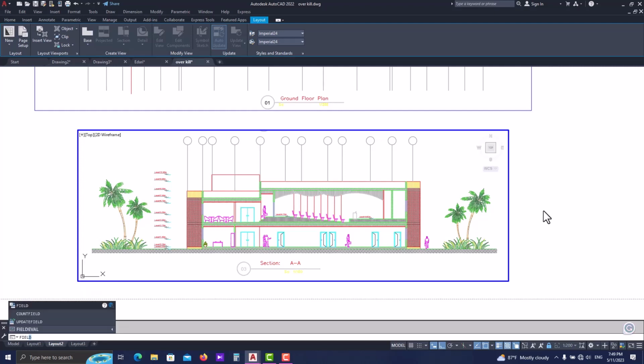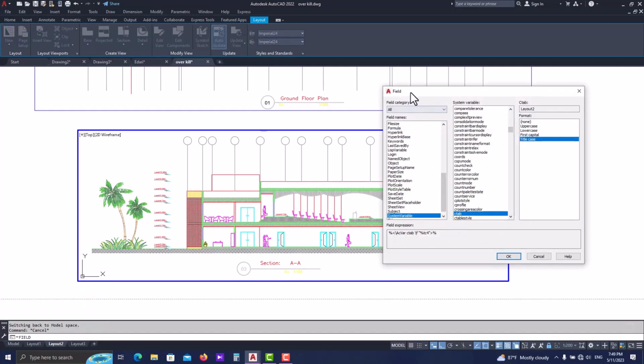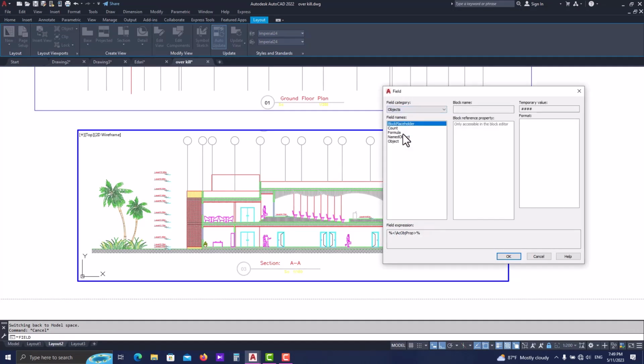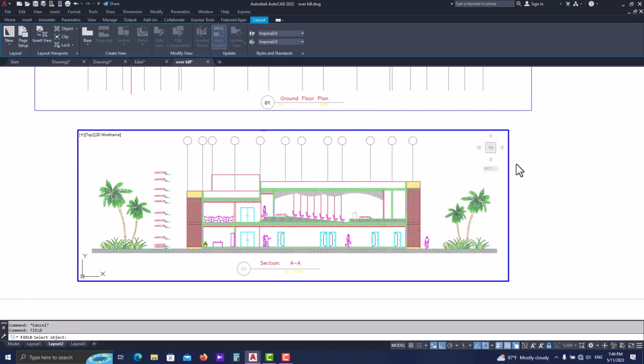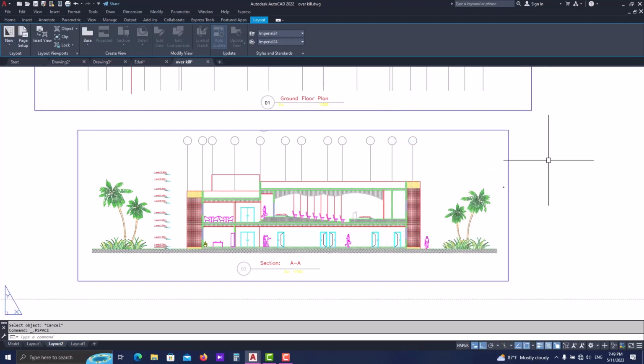Type down the command. Okay, now in this window, put the field category on object. This one on object as well. And then in here, oh, I forgot this. Remember, guys, when we are working on viewport frame, we can't use field because we want our scales to be set based on our viewport window. So first, we need to close down the command, then click outside the frame so that we would be able to select it in field. Then activate your command,